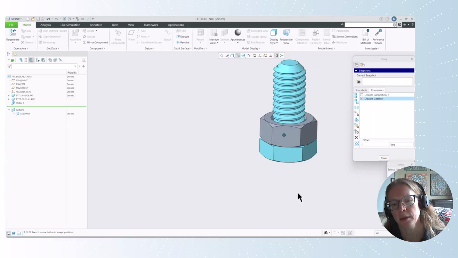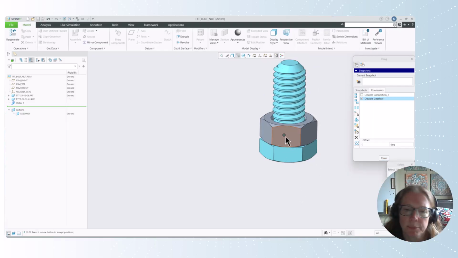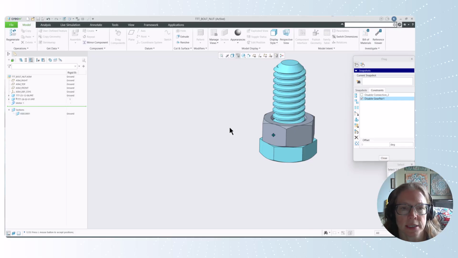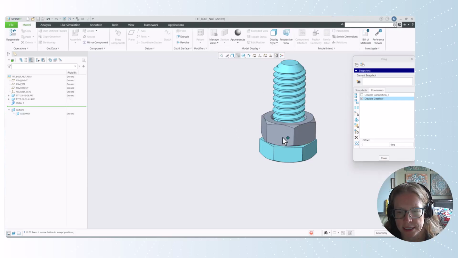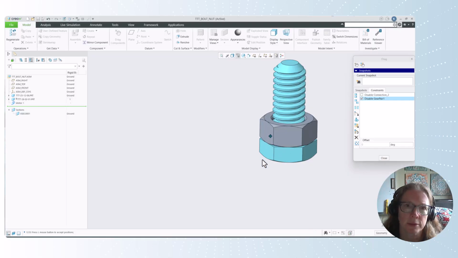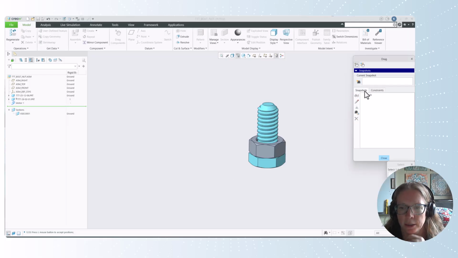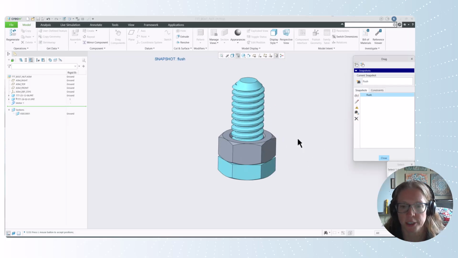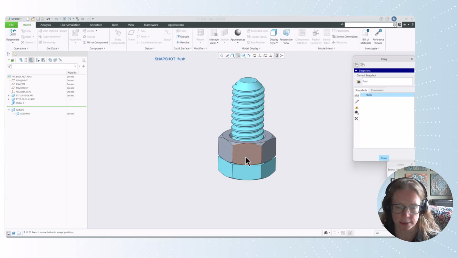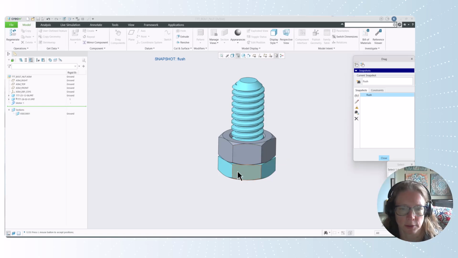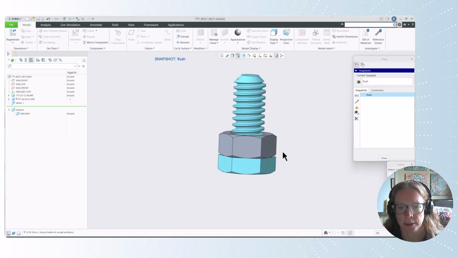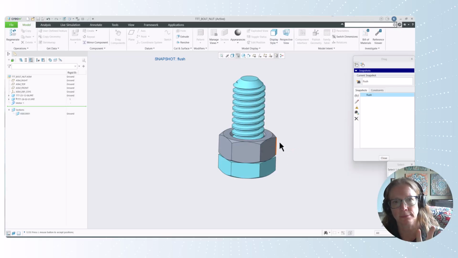Okay. I did play around with this a little bit until I could take a cross section and see that the threads were lining up appropriately. And I took a snapshot of that. So the flush is where these two faces are flush to each other. And the